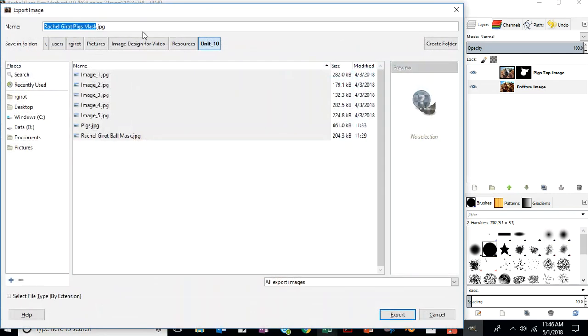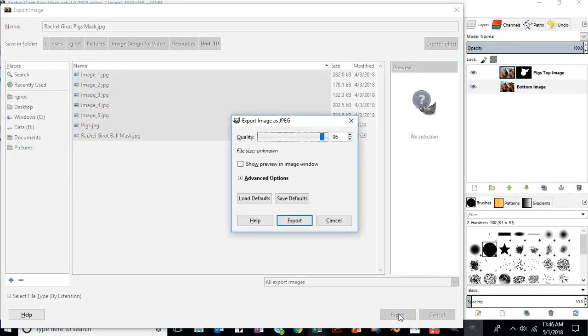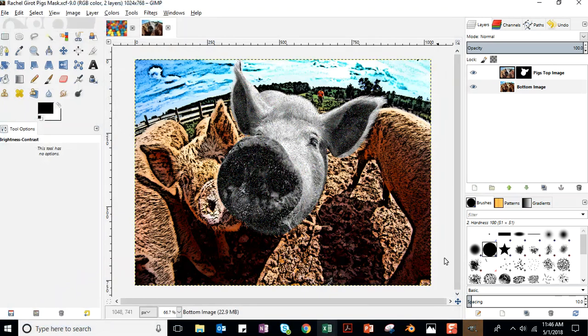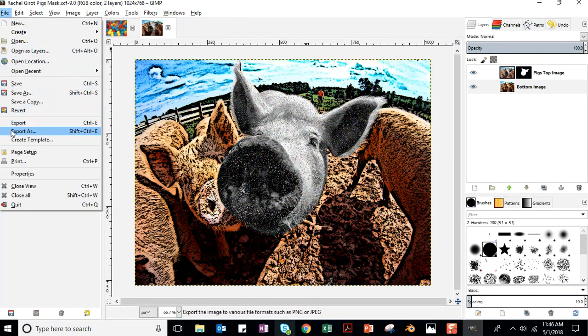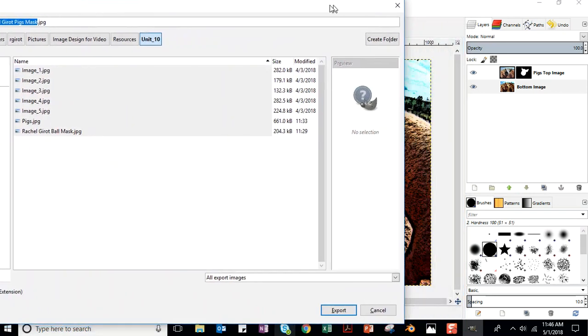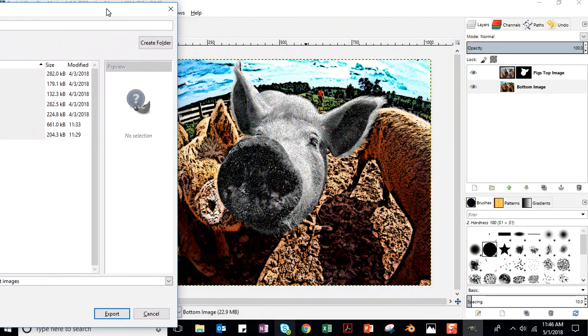File. Export as first and last name, pigsmask.jpg, JPEG. Click export. Boom. Look at that. Click on your file preview. Uh-oh. I've got some optimization to do. Look at that. I'm already at 1.1, so I need to cancel. Why am I doing that? Because I didn't slide it over and I couldn't see my image, and I need to make sure that I can see what I'm doing. So file, export as. Okay, and you're going to slide it over so you can see your image